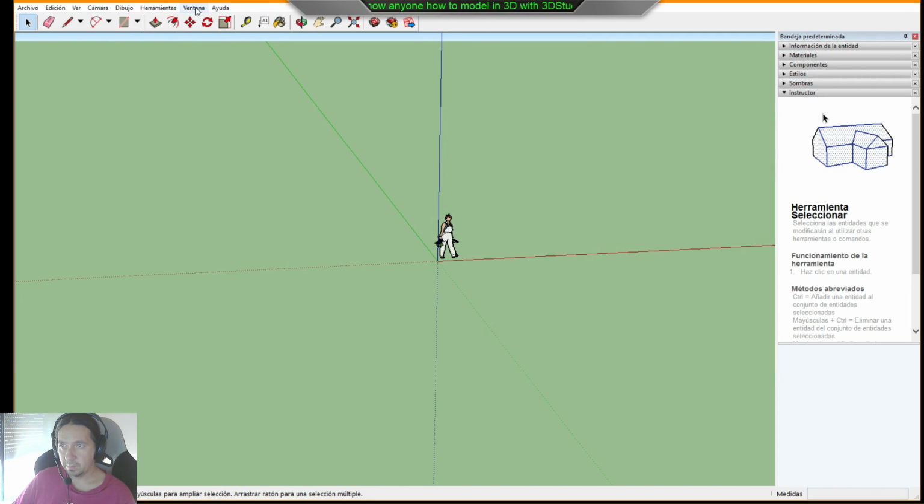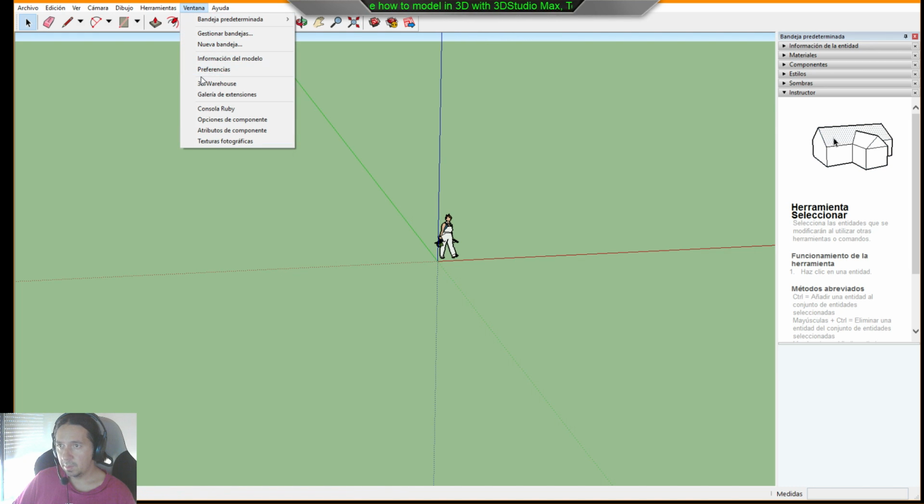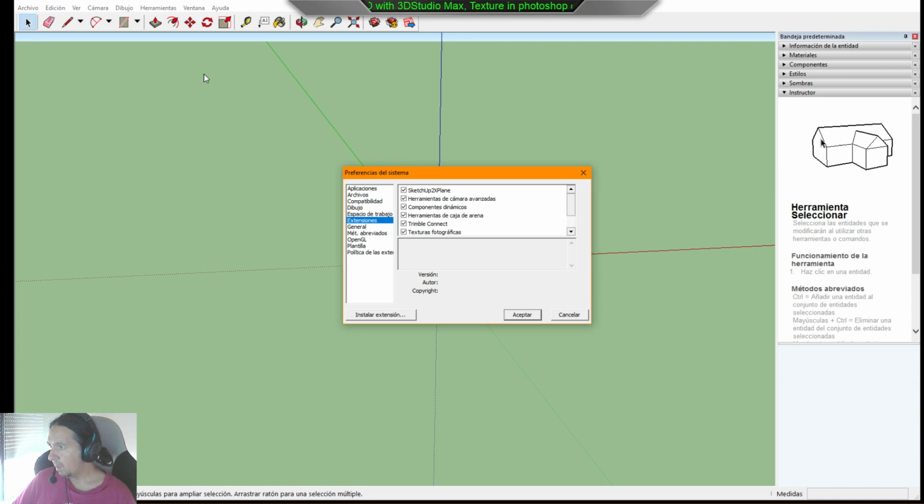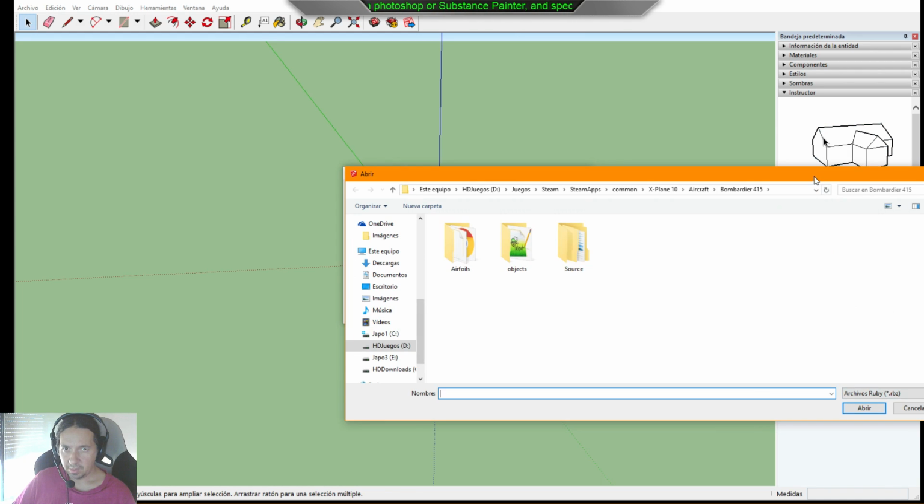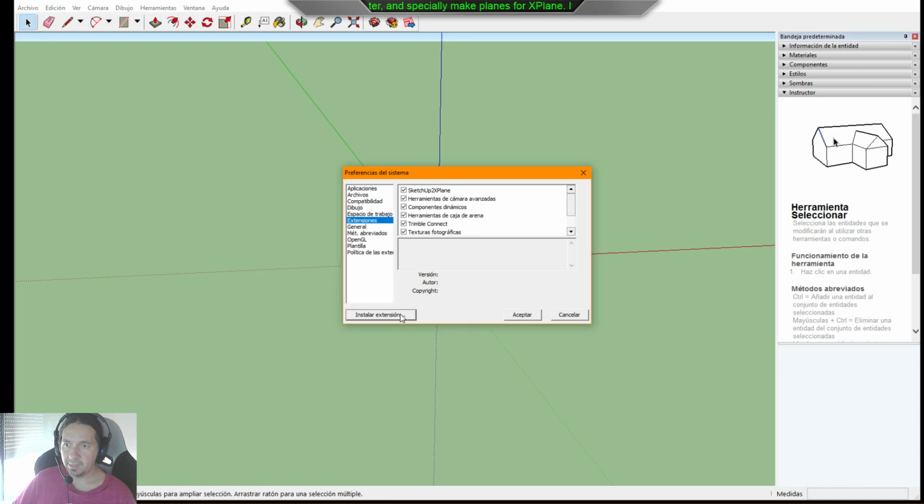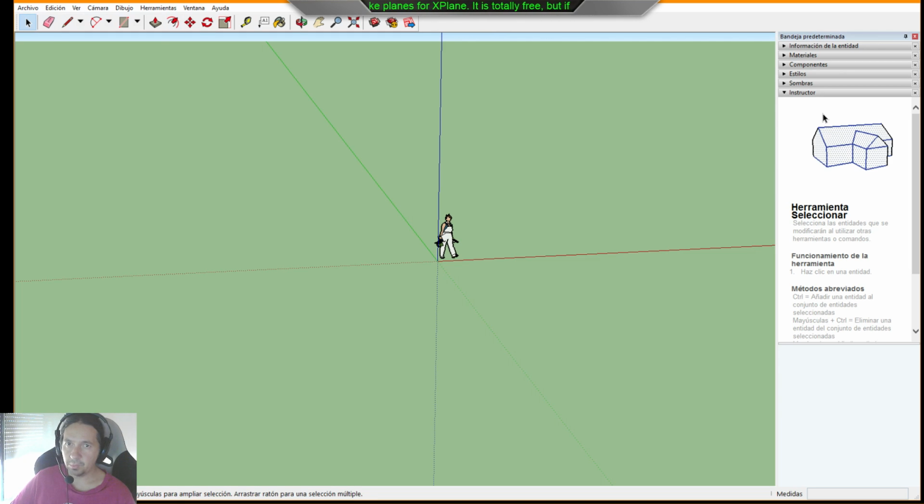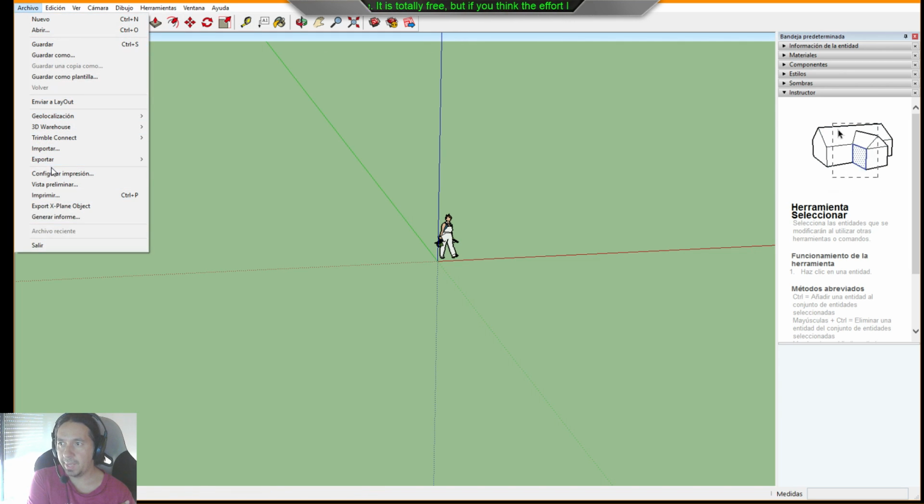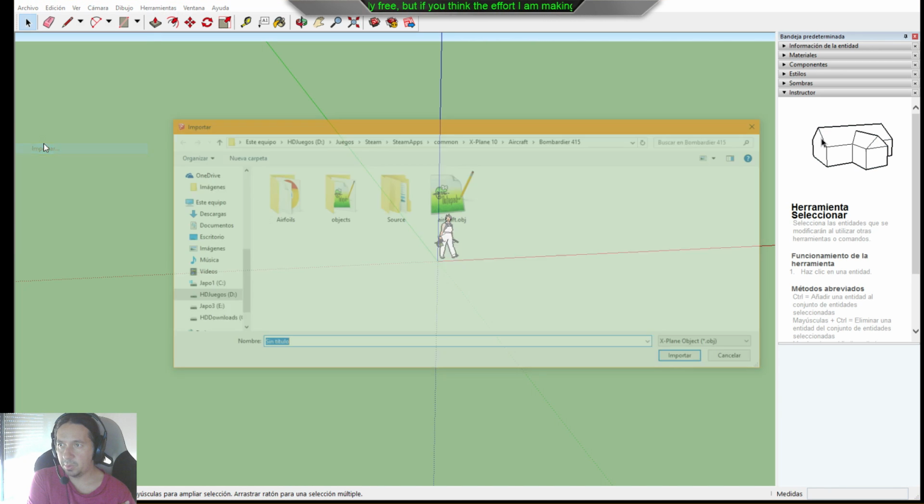this is going to Window, Preferences, Extensions, and we install the extension. The file extension that we are going to download is RBZ. We open it and install it, and then reload SketchUp again, and when we reload it we are going to have this import